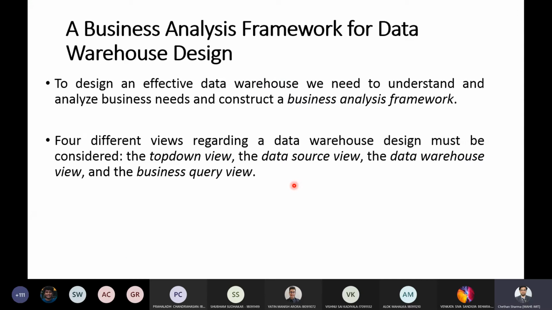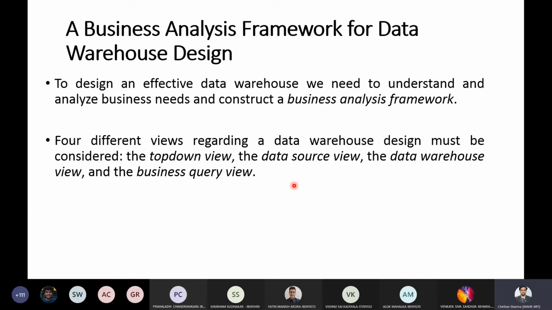So this gives a business analysis framework for data warehouse design, or rather how business analysis can be done so that it is effective in general. Okay.